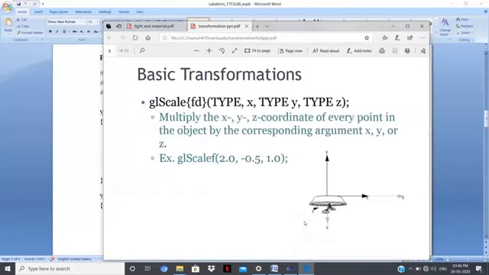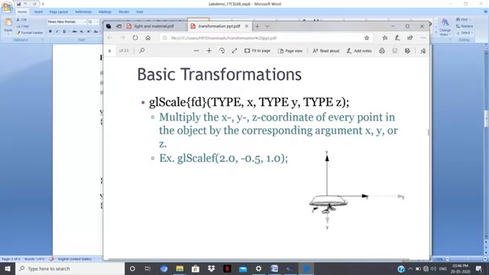So let's see the basic transformations. glScalef, where you can take a floating point or a double value also. So scaling factors Sx, Sy, Sz are the scaling factors in X, Y, Z values. Take the example 2.0, minus 0.5, 1.0 for Sx, Sy, Sz. So this is a scaling factor.